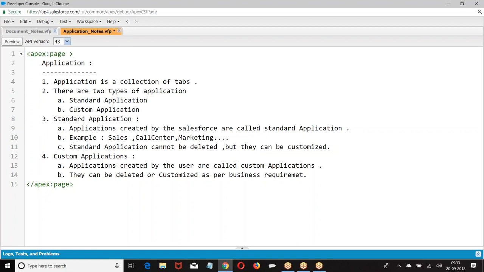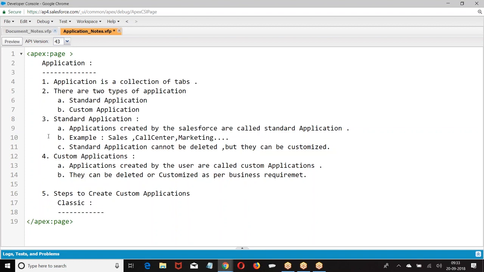Standard applications and custom applications. Steps to create: first, classic. What we have seen right now is classic.